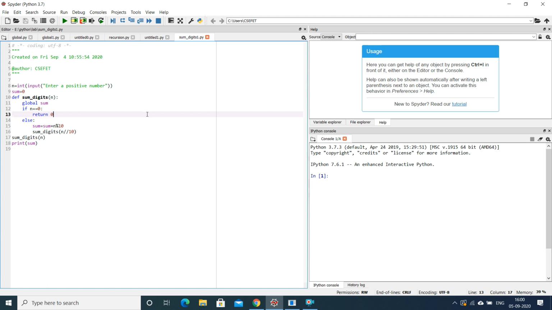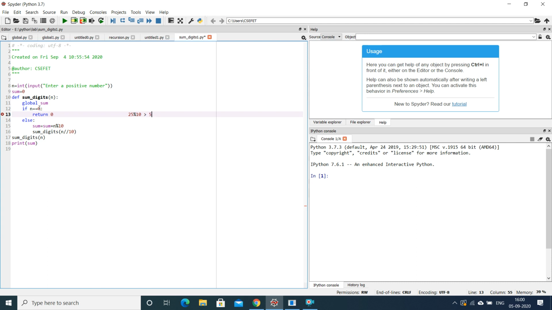Now what is the logic? Suppose I give an input 25. 25 mod 10 will give 5.